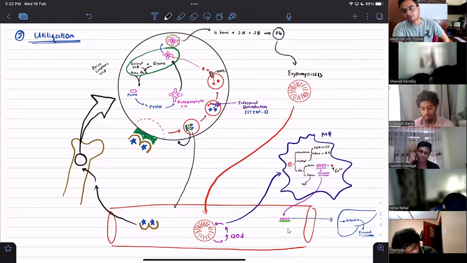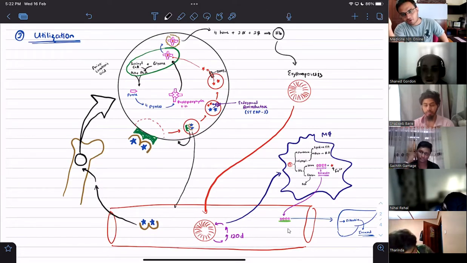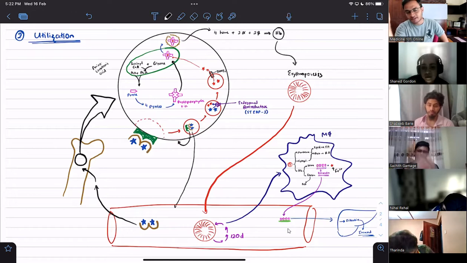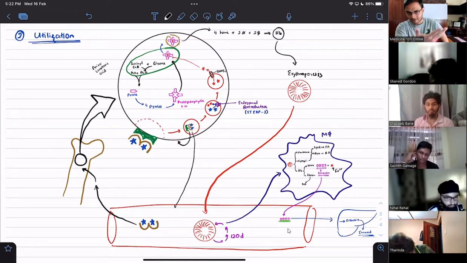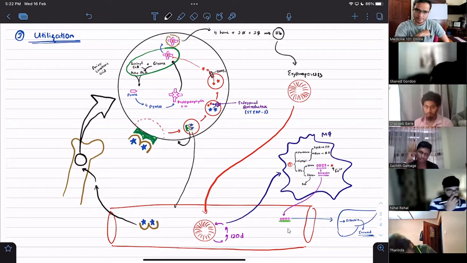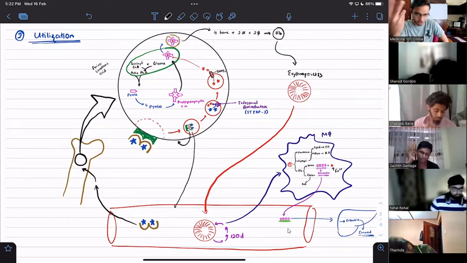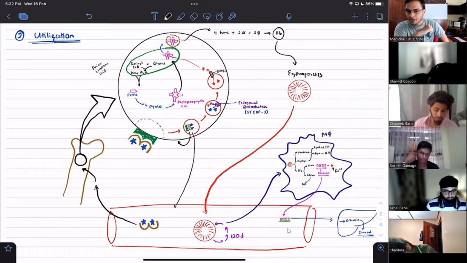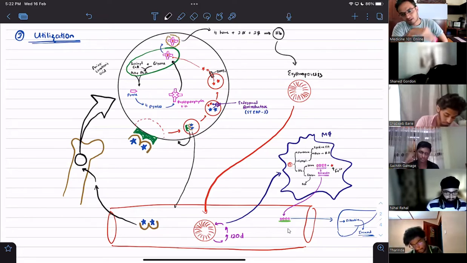We took some of the iron that was bound to transferrin into the bone marrow, removed the transferrin and the receptors, everything. Reduced it into the ferrous ion, loaded it into the protoporphyrin ring, forming the hemoglobin, and put it in the red blood cell. This is all one process.